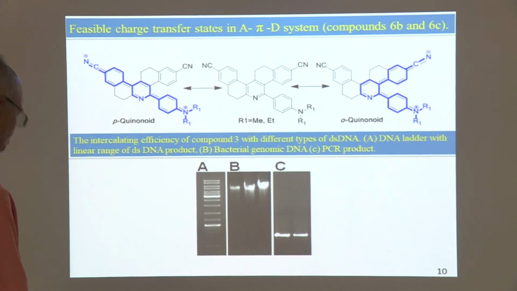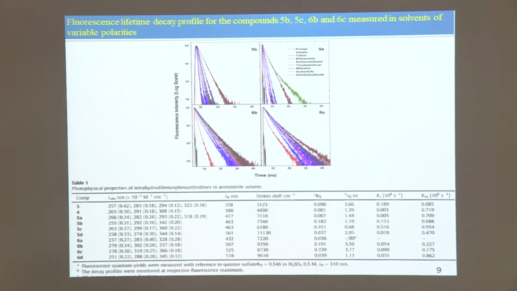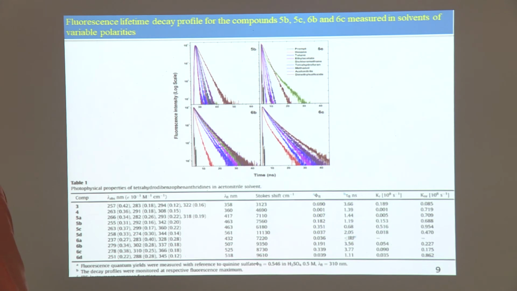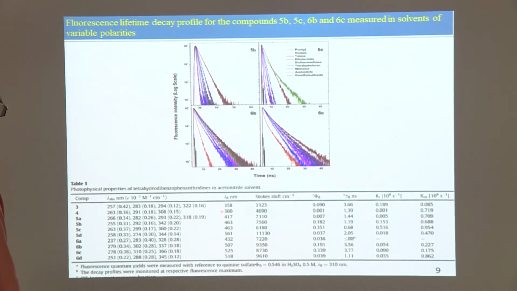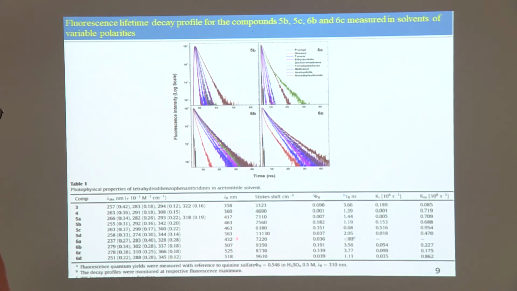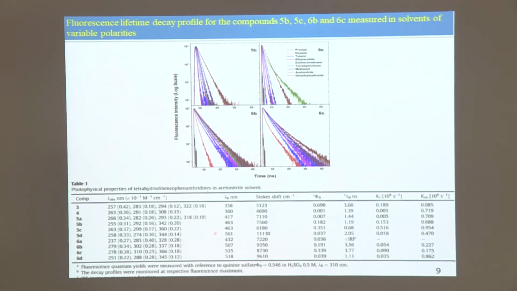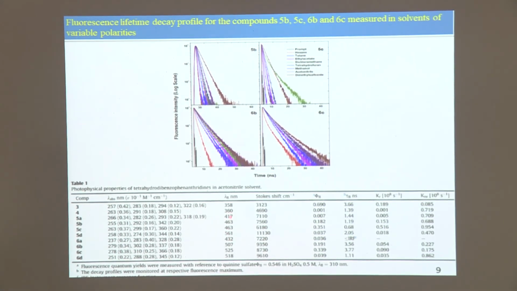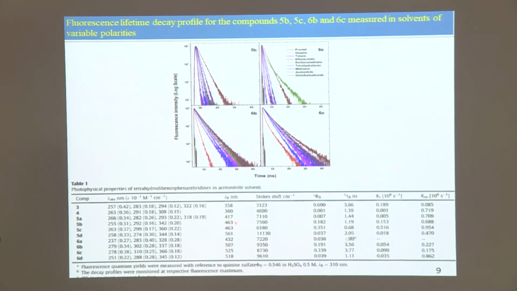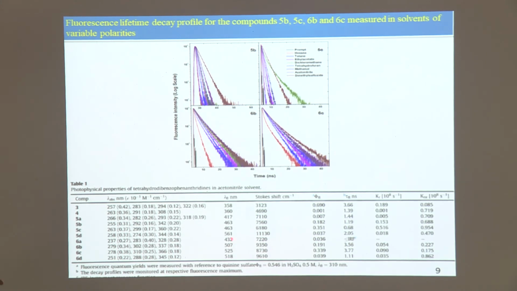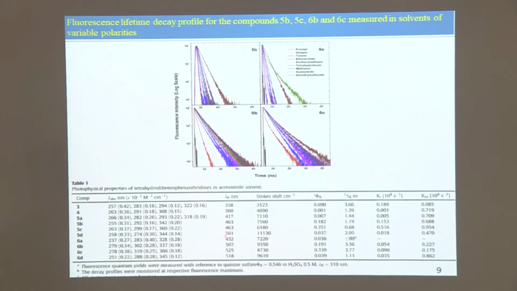Next, when we go to this, how is this happening? So now we have seen, that is without any substitution it is 355, with phenyl ring there is a slight increase. After that, when you are having electron withdrawing or electron donating substituents in the ring, it is having red shift when compared to the unsubstituted compound, irrespective of whether an electron donating group or electron withdrawing group is there.